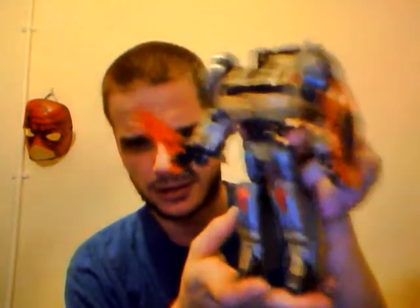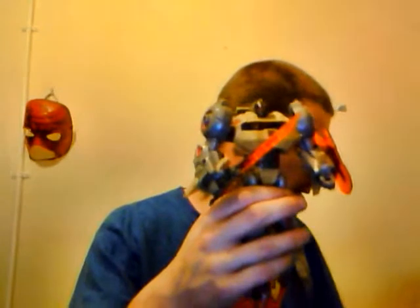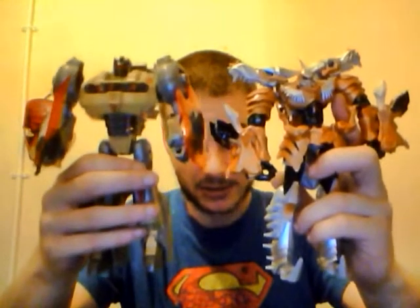Right, I'm going to stop it there while I transform Grimlock to Fall of Cybertron Grimlock to his robot mode so we can do a comparison. Yeah, so I think that's right. If not, then blame the shoulders and dino legs for being so weird. So, let's do a quick comparison between the two. And then you'll check what's broken. Yes, I'll check what's broken. Bit more height on this one, I think. But it's the whole hollow back and that it just...